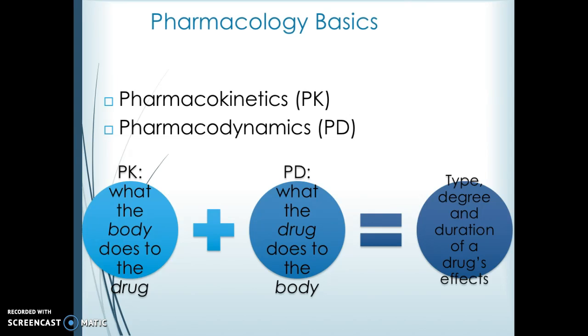So how the body reacts to the drug in terms of breaking it down, removing it, excreting it, those types of things. Pharmacodynamics is what the drug does to the body. So it's the other way around. The effects that the drug has on the body itself. And these working together will help determine the type